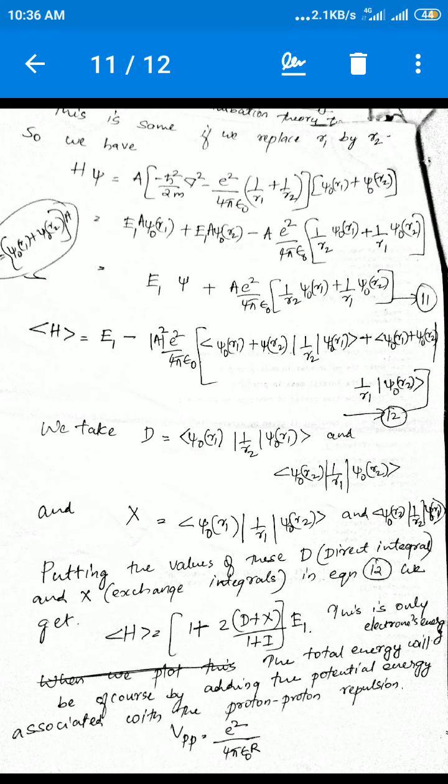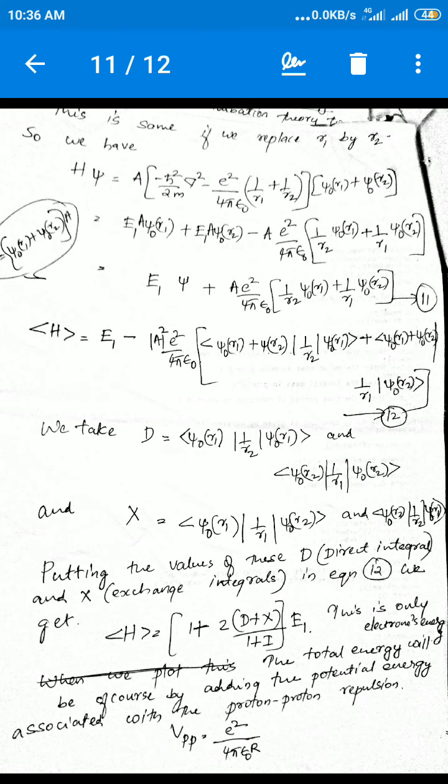Okay, now what you want to do is, we have to consider, this is only the electrons' energy. So now you have to consider the proton energy also. Proton repulsion energy also we need to consider. We didn't do that, isn't it? So for that potential energy, both protons are stationary, so there is no kinetic energy for these protons. Only potential energy is there. So we just need to take the potential energy of these two protons.